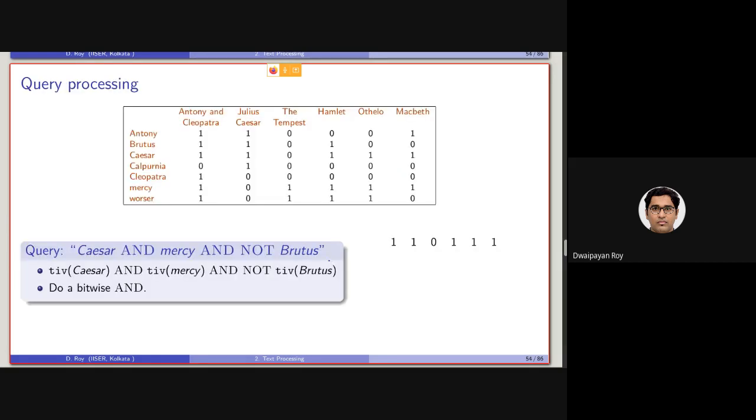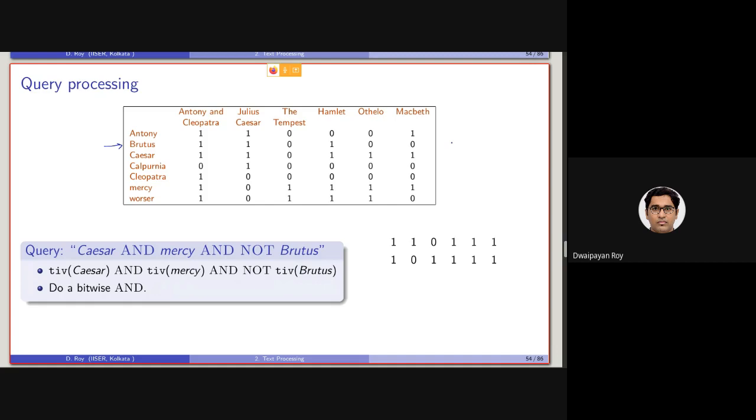And we can perform a query such as this: Caesar and Mercy, not Brutus. So what we will be doing is first getting the corresponding term incidence vector of the individual query terms, and then performing a bitwise AND. So for Caesar, this is the term incidence vector. For Mercy, this is the term incidence vector. And for Brutus, this is the term incidence vector.